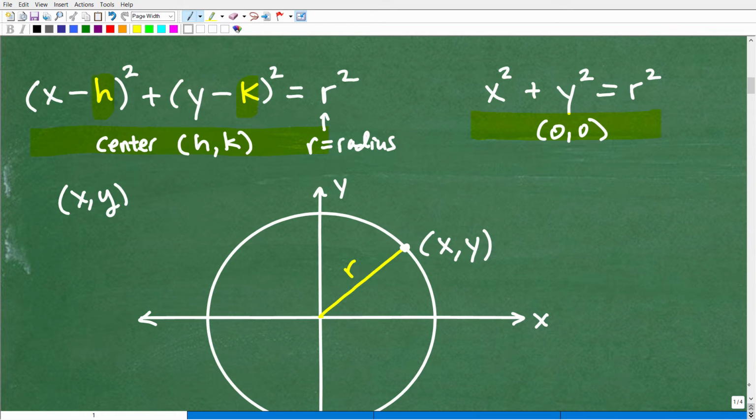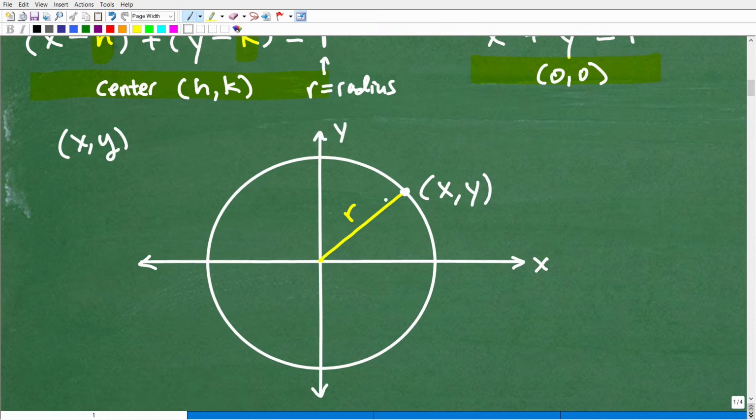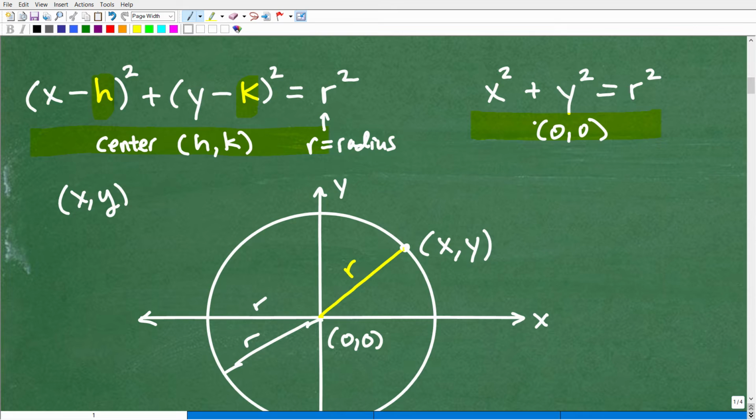Okay, so here is a representation of that. This is a circle, and here is the origin 0, 0. And r represents the radius. Of course, this is the radius right there. It's emanating from the center, going out to any point, any x, y point on the circle. Okay, so this is how we want to interpret